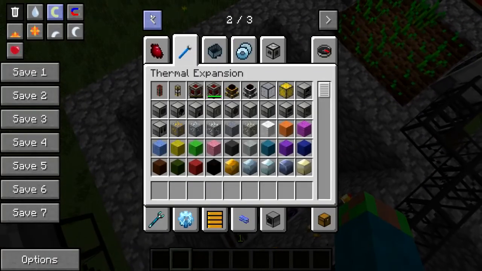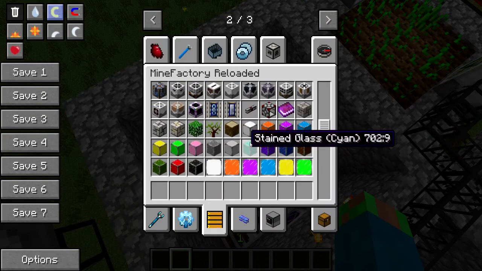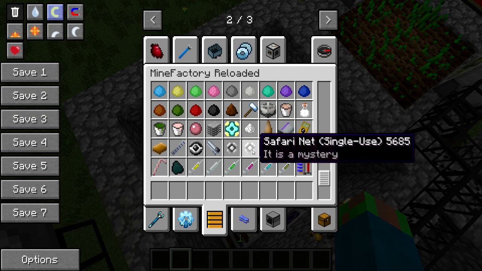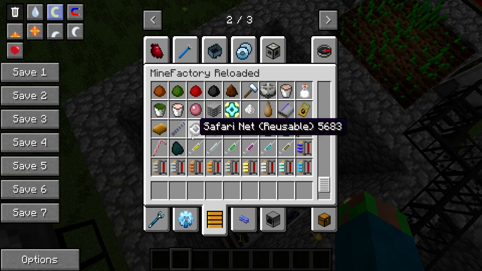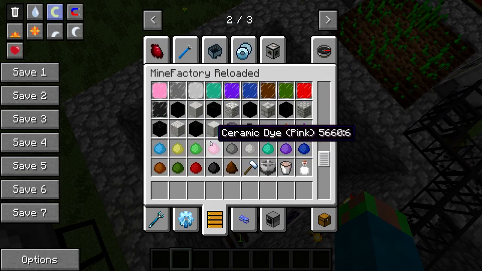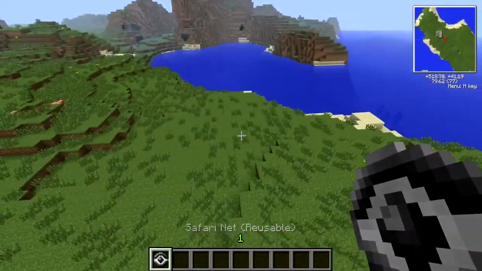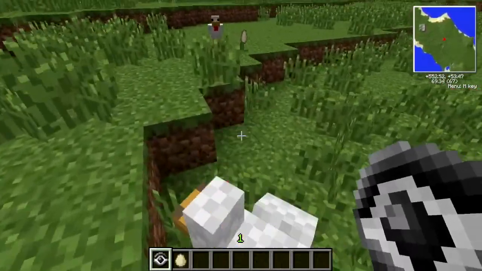So what you're obviously going to need is the animals, and you can fetch them by making these things called safari nets. You can either make the single use ones, which are quite an easy, cheap recipe to make, or you can use the reusable ones, which need ender pearls and gas tiers, and they're really worth it, because what you can do with them is you can go up to any animal, and there's pigs right here, so we're going to take the pigs, right click on them,